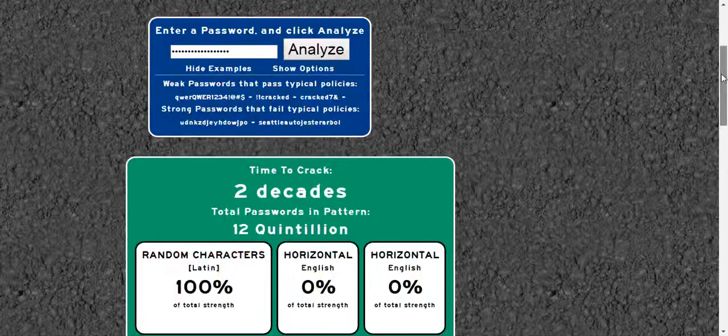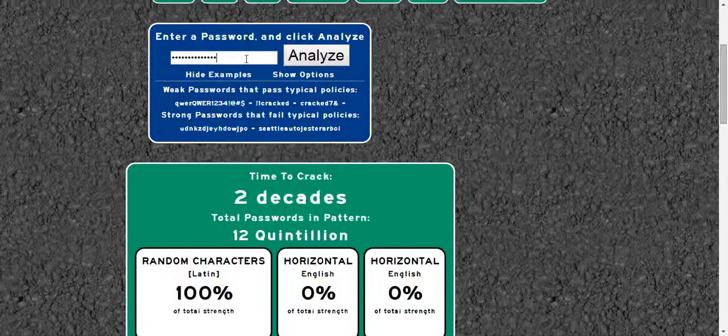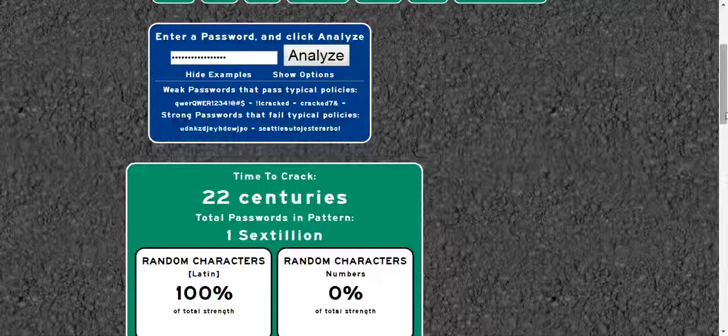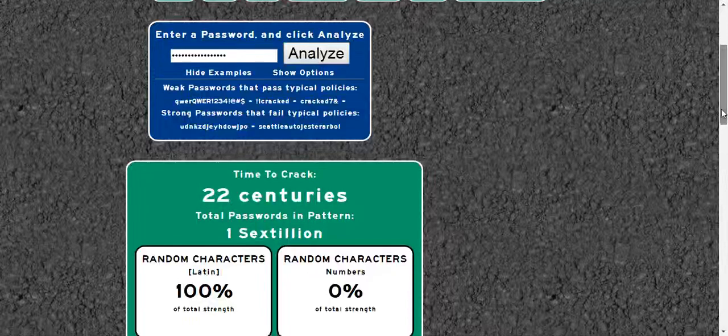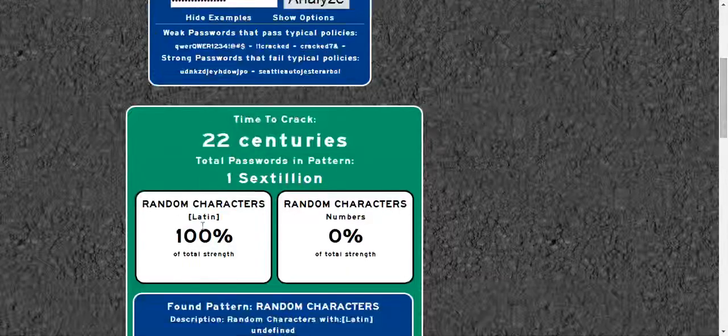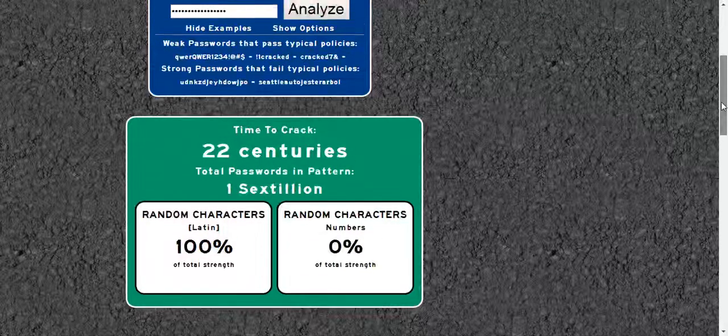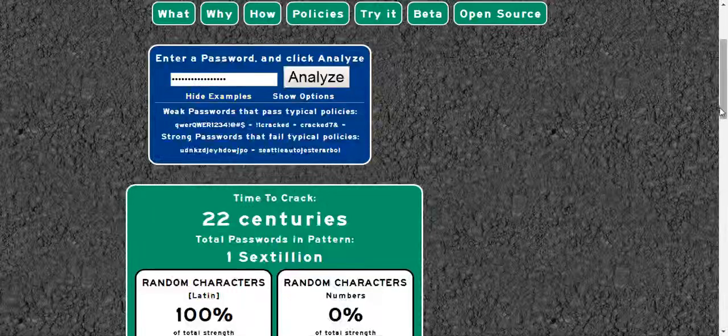Oh, I did horizontal. Bad habit. Okay, so I got to get a random number, not horizontal keyboard number. So here you'll see it determined two random characters, one that was all Latin characters and the other that was numbers. So you'll see, even though it's about the same length, it lowered the strength of it.